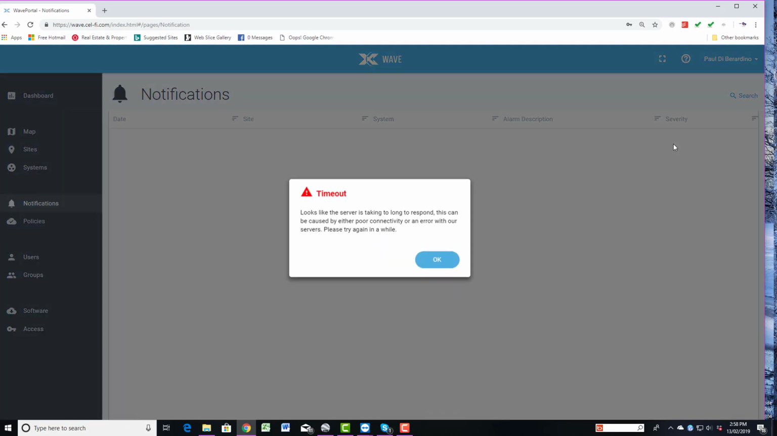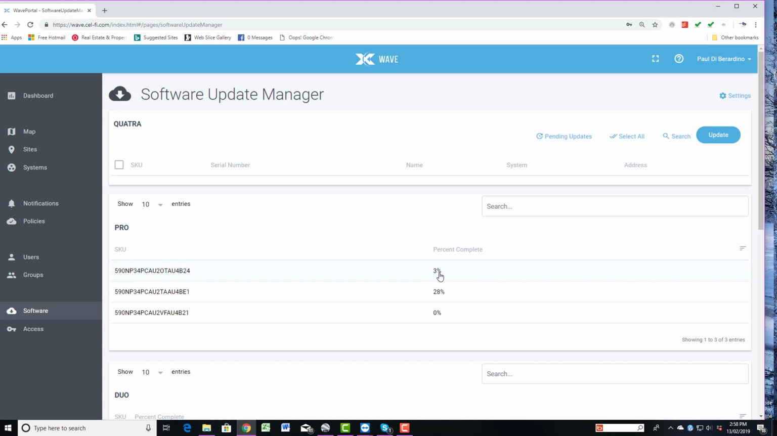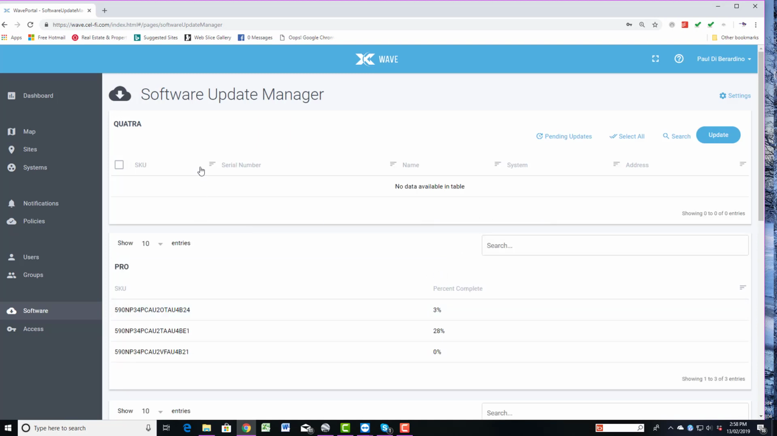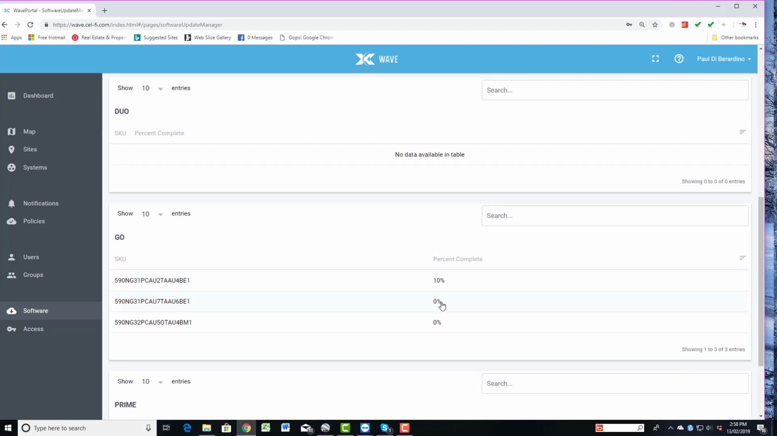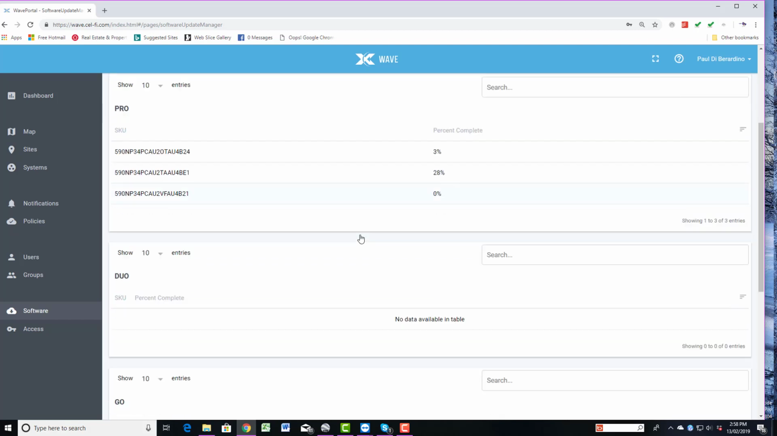Well, I think we'll just change direction. So let's look at software. Okay, so because it's online, if it was a Cel-Fi Quattro, we could actually do an update online with the Quattros because they're a more online type of repeater. They're actually designed to be online. Whereas if the Cel-Fi GO, we've actually designed a solution to get it online. However, we can still do things like